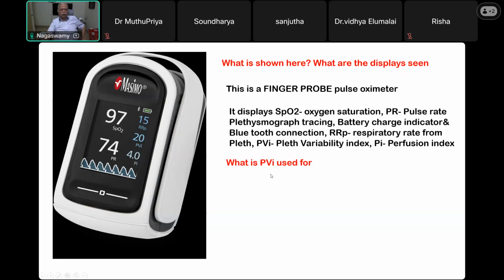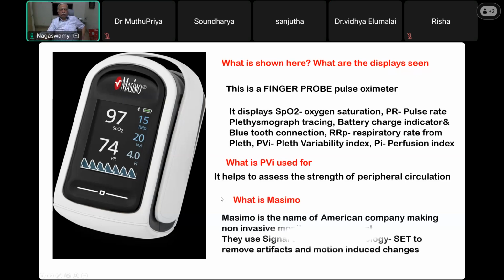So what is the pulse variability index? Breath variability index? The area under the curve helps assess the strength of the peripheral circulation. What is Masimo, which is written here? The name of the American company. It's a non-invasive monitoring company making the monitor, and it uses a technology called signal extraction technology to remove artifacts and motion-induced changes. Okay, and